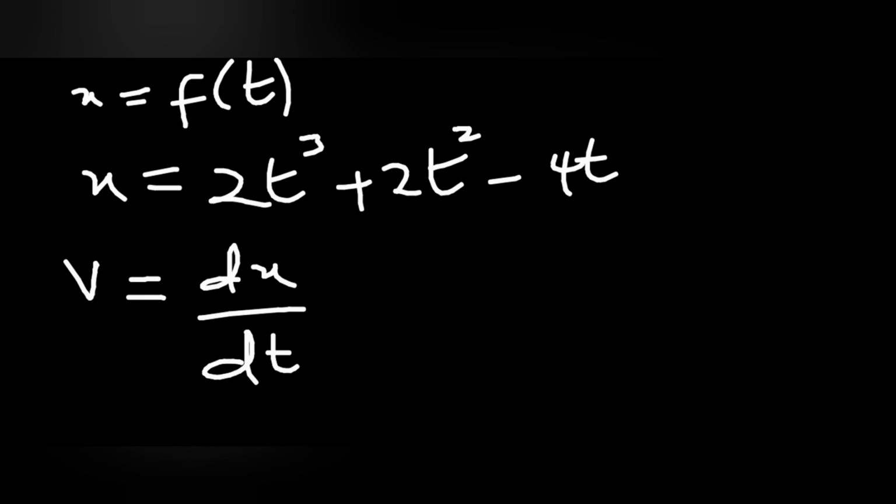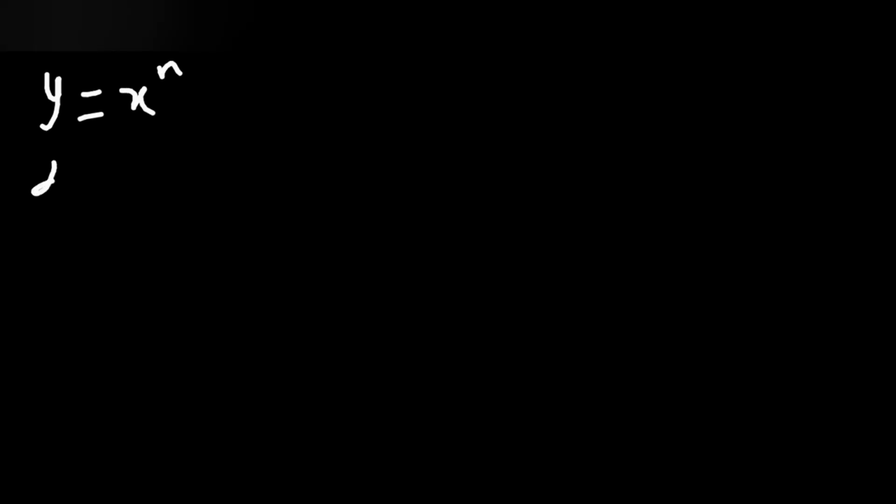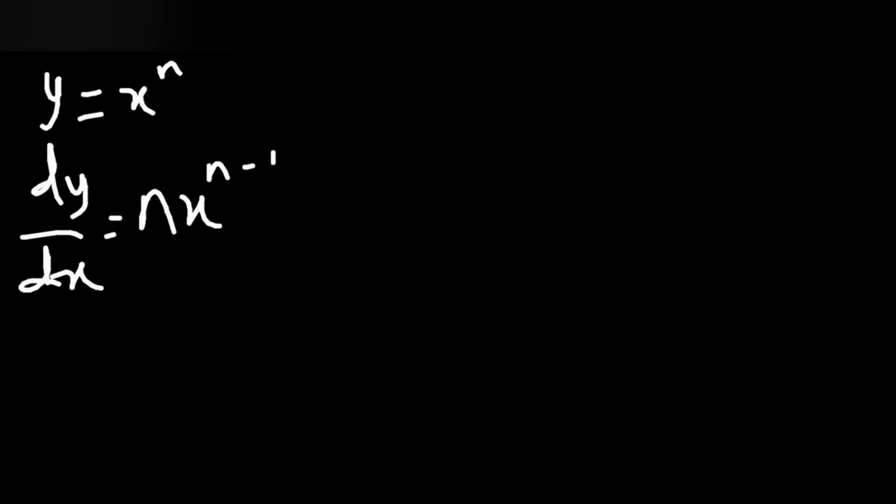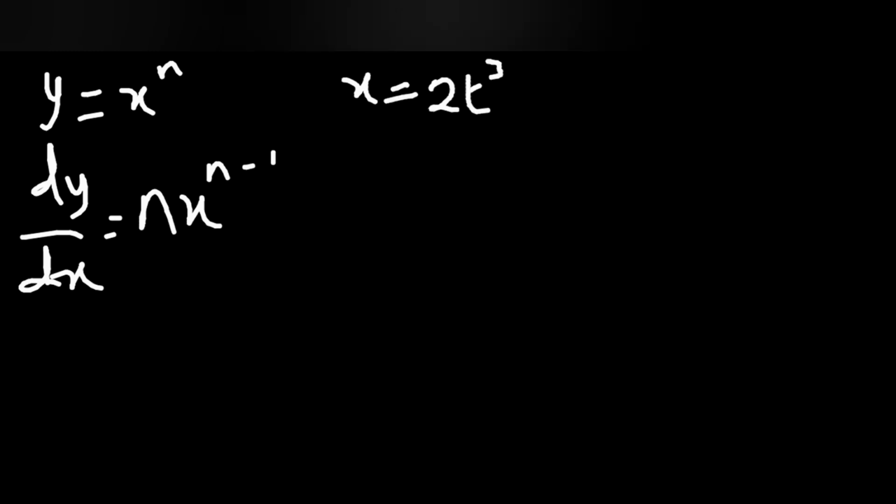So to obtain the differential of this particular expression, we recall from differential calculus that if we have y equals x raised to n, dy/dx is given as nx raised to the power of n minus 1. Then from our previous example of x equals 2t raised to the power 3